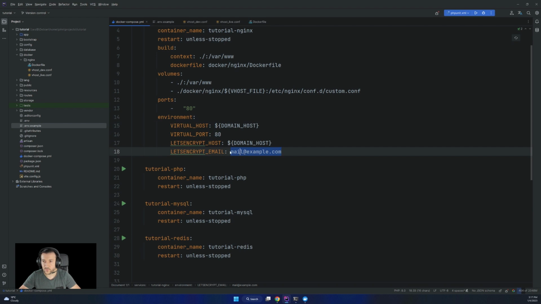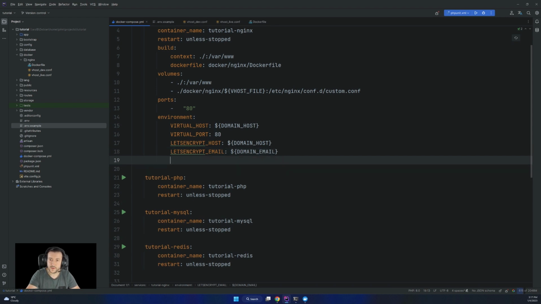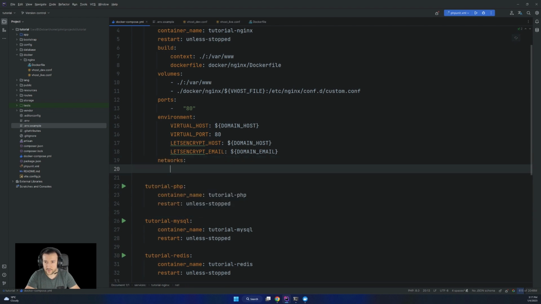And we want the mail also maybe to be defined as an env variable, so we go for domain email, and then we need networks, and then nginx proxy.